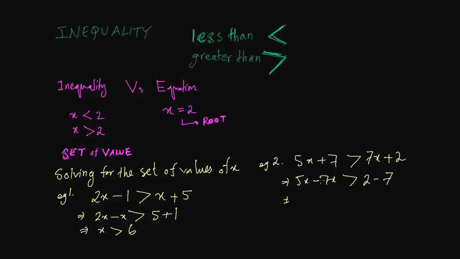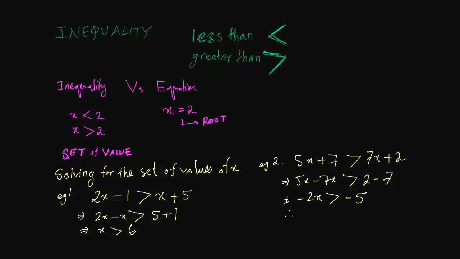Now here it is going to be minus 2x, because 5x minus 7x is minus 2x, greater than 2 minus 7 is minus 5. Now look here, an equation and an inequality are the same thing, except when we have a negative number and we need to divide by a negative number. In an equation, the left hand side and right hand side look the same, but when we have a negative number here, minus 2, and we write x, we have to now